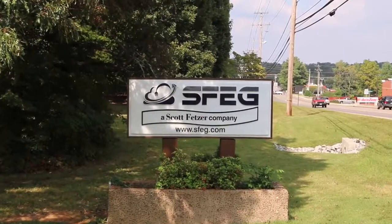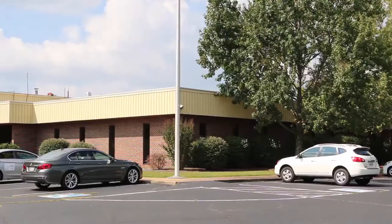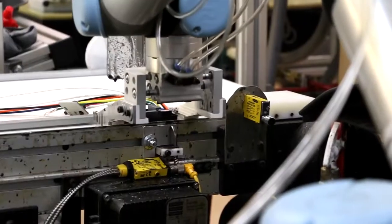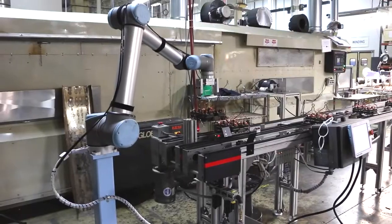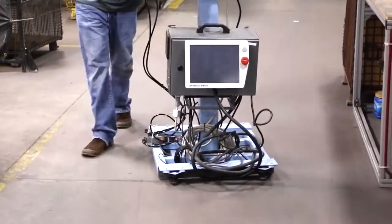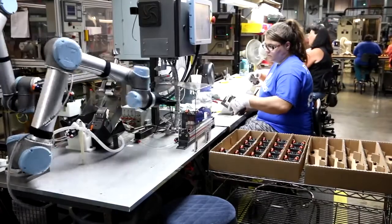Based in Nashville, Tennessee, Scott Fetzer Electrical Group manufactures a wide range of electrical motors and components in a constantly changing production environment. The company is now realizing a vision of having rolling robot colleagues help increase productivity and improve worker safety. When I was brought into SFEG early last year, my goal, my task, was to find ways